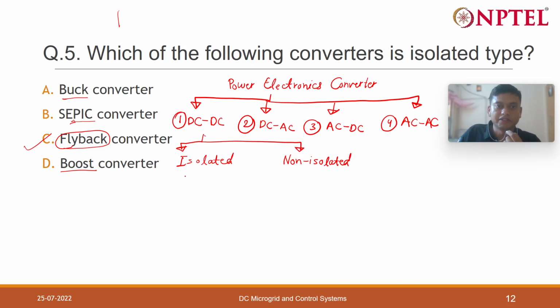And we will see some of the important and well-known isolated and non-isolated converters. First one is flyback converter, second one is forward converter, and some of these converters we will see in this course also, their modeling part. Flyback, forward, push-pull converter,